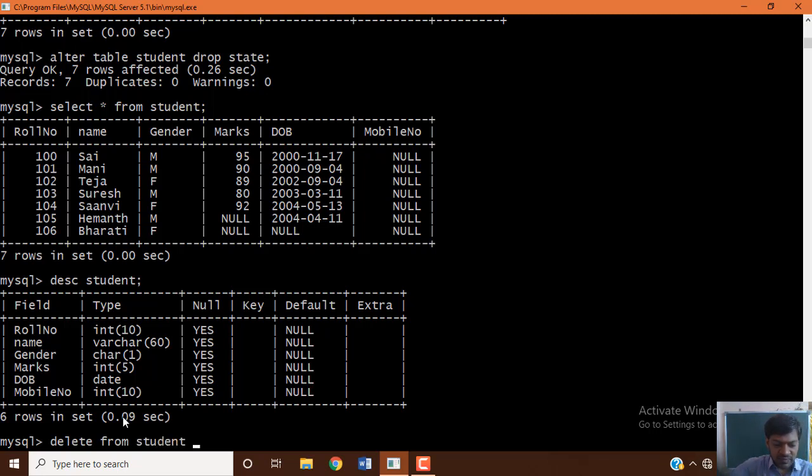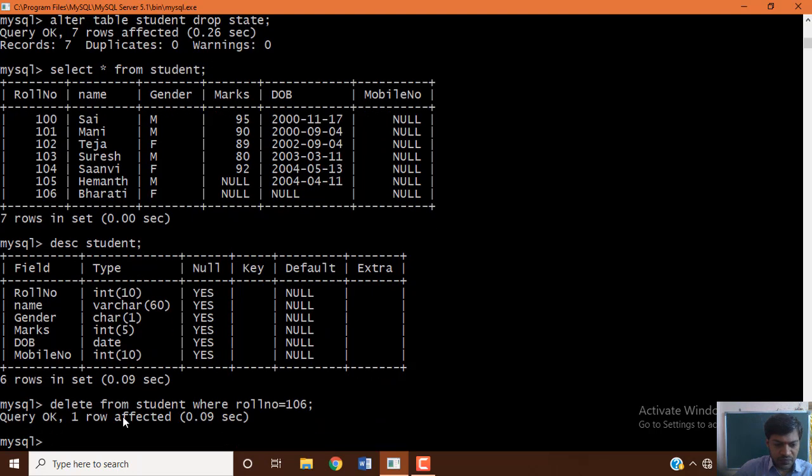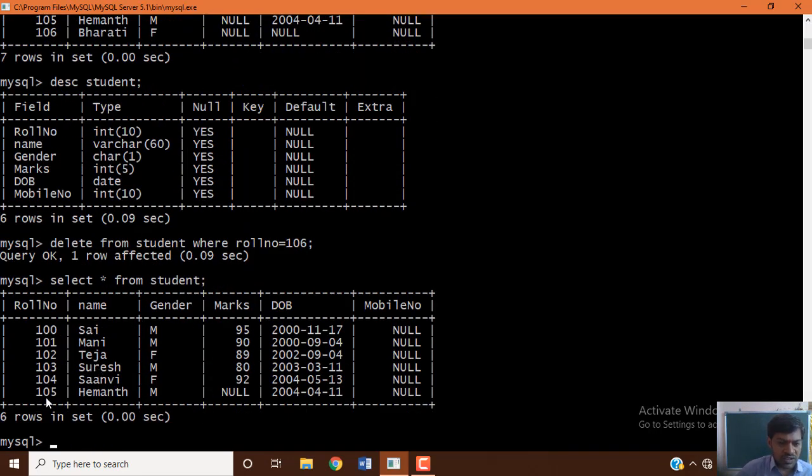Then we need to use the WHERE clause for specific record deletion, WHERE roll number equal to 106. See that the 106 record is deleted from your table. You can retrieve to check whether it is deleted or not. SELECT star FROM student. You can see now the 106 record is deleted from your existing table.